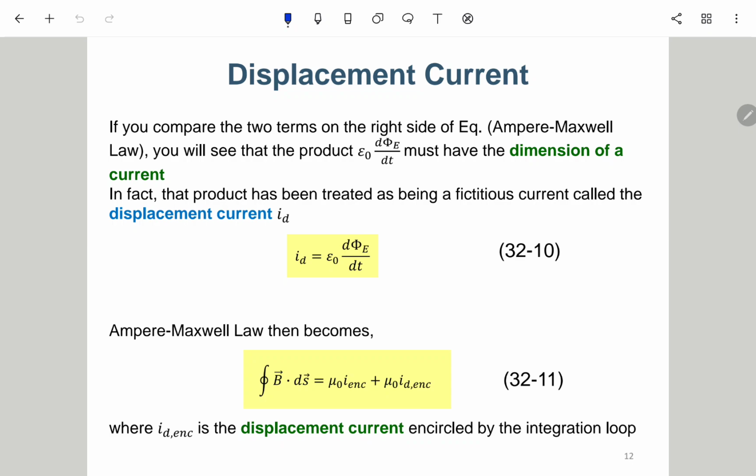So here, as I mentioned, we have something called the displacement current. 中文叫做位移电流。位移电流，位移你们知道，电流也知道，但是它们放在一起的话，就是你不知道它在做什么。So in that case, if you compare the two terms on the right side of the Ampere-Maxwell law equation, you will see that the product, this one, must have a dimension of a current. In fact, that product has been treated as being a